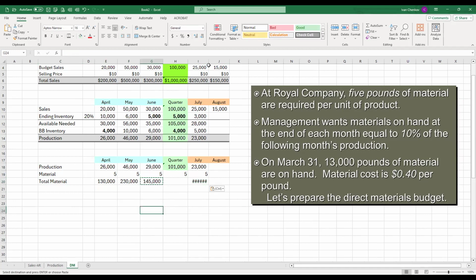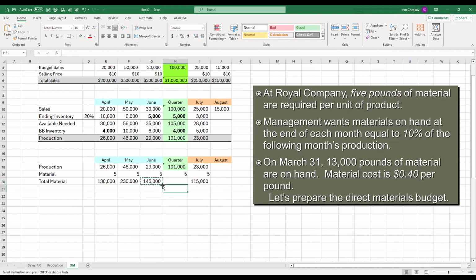Make sense? How many pounds of material do I need for the quarter? 505,000 pounds. That's the material I need for my production, correct? Yes. Now, what else does the question say? Management wants, besides the total material for production,